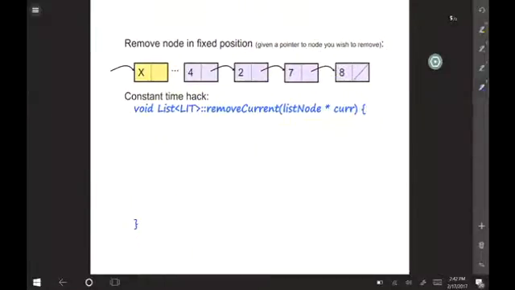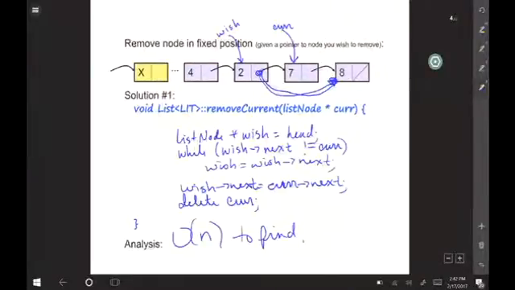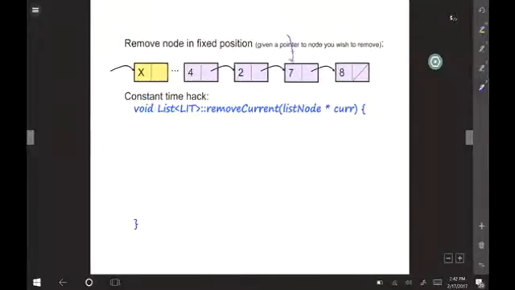So let's try again. I want to remove that node.